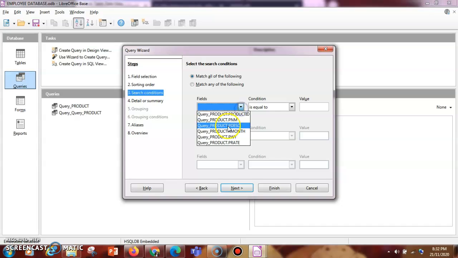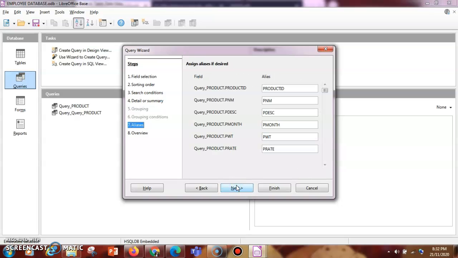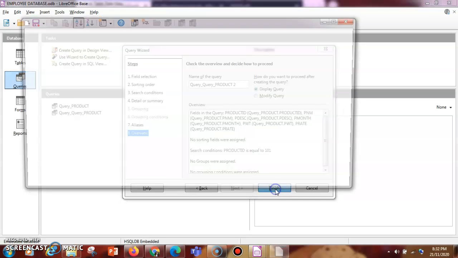Now I'm going to take the query like product ID and which is equal to 101. Okay, this is what is my query condition. And next, now we'll skip overview and this is finish.